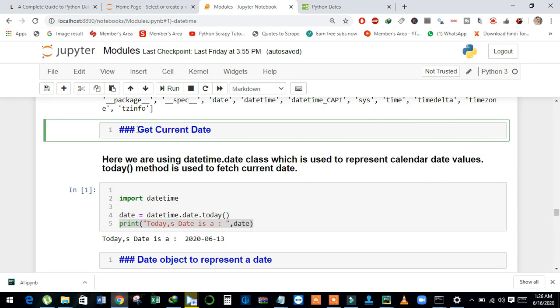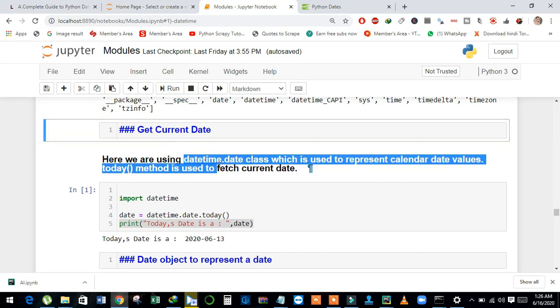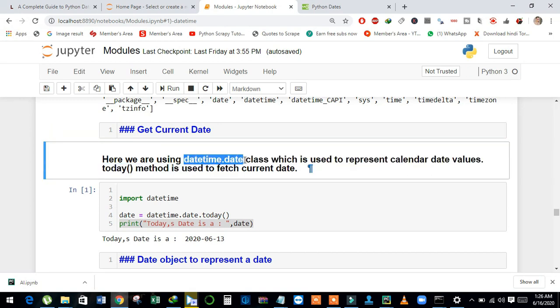We will discuss some important features of the datetime module. First, we will discuss how to get the current date, and we will use the datetime.date class. This class is used to represent calendar date values, and we will also use the today method to fetch the current date.